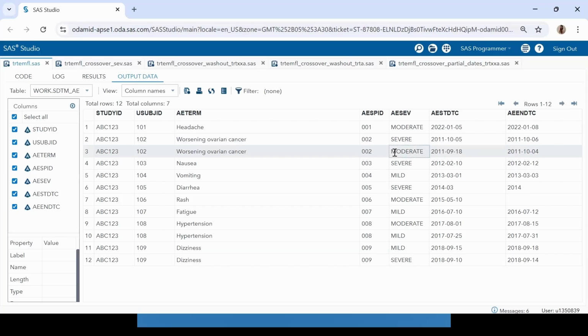Point to note here is that the severity has increased from the initial severity, which was at the start. So here the severity has increased from moderate to severe. Similarly, now if you see the last two observations for subject 109, here again for the dizziness AE,